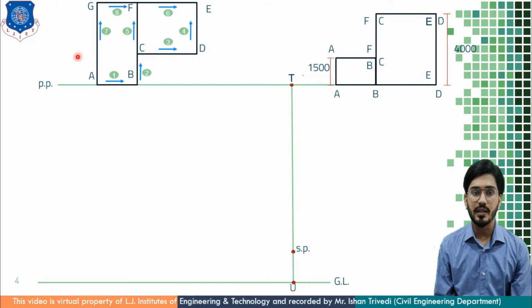That you can draw either right side or left side of your object. Here this one is elevation, my object. I can draw here or here, choice is yours. Clear? But here I am telling you in a right hand side of your drawing. The shape of the object will change accordingly.